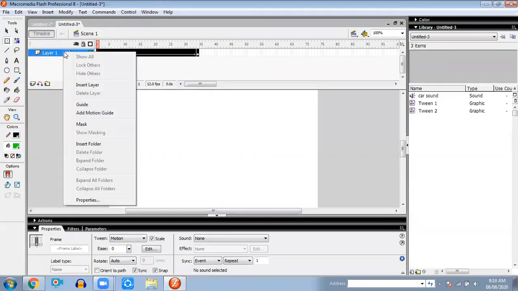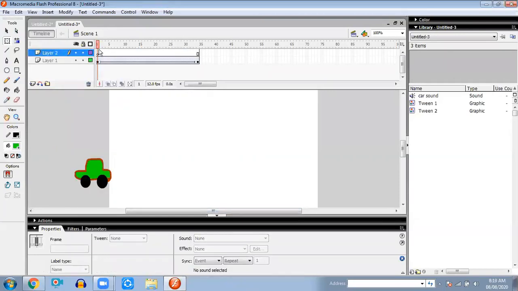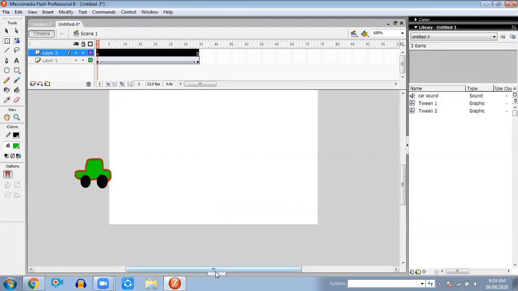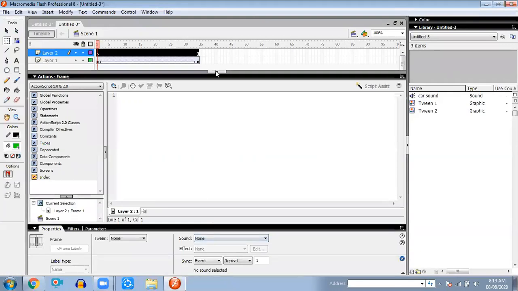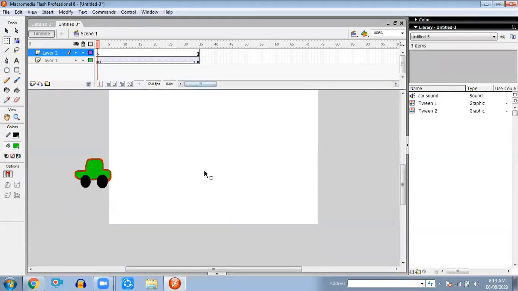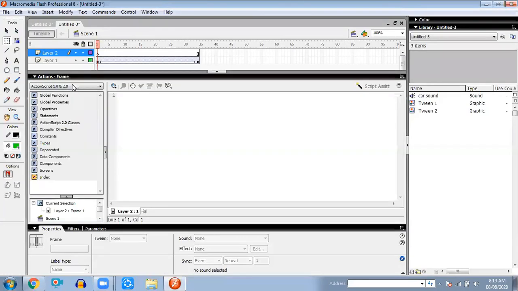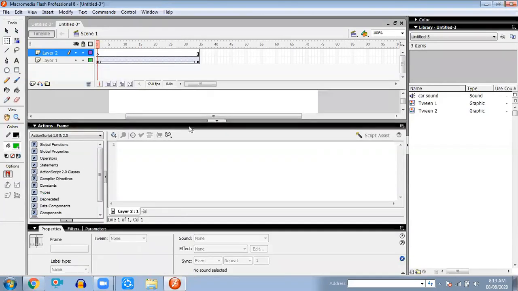Right click and say insert layer, and click on the second layer and go to the property at the bottom. This property is activated when you click on this button. See, when I click on this, it gets activated and deactivated. So you just have to watch.